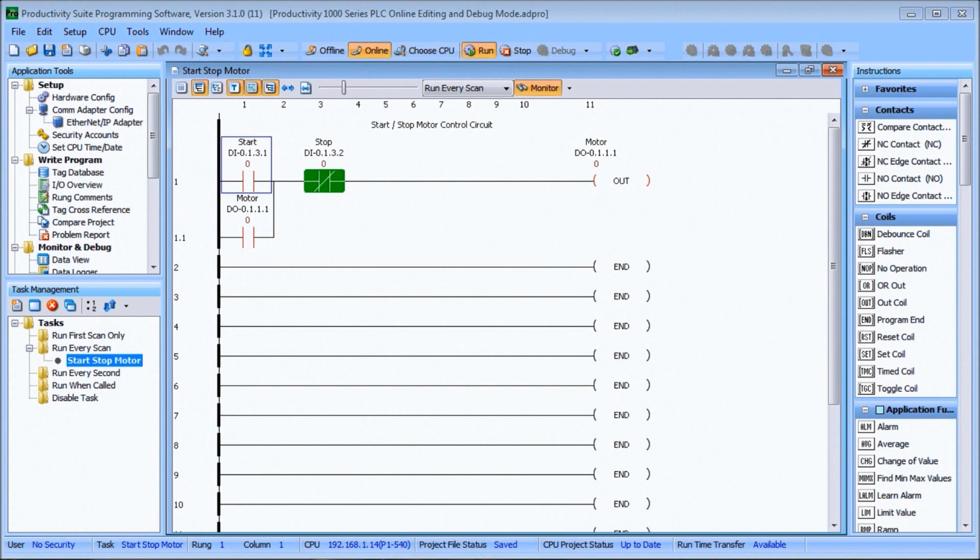Hi everyone, today we're going to be looking at the Productivity 1000 series PLC, and in particular we're going to be looking at the online editing and debug mode that this controller can do. So we'll take a look at what we have